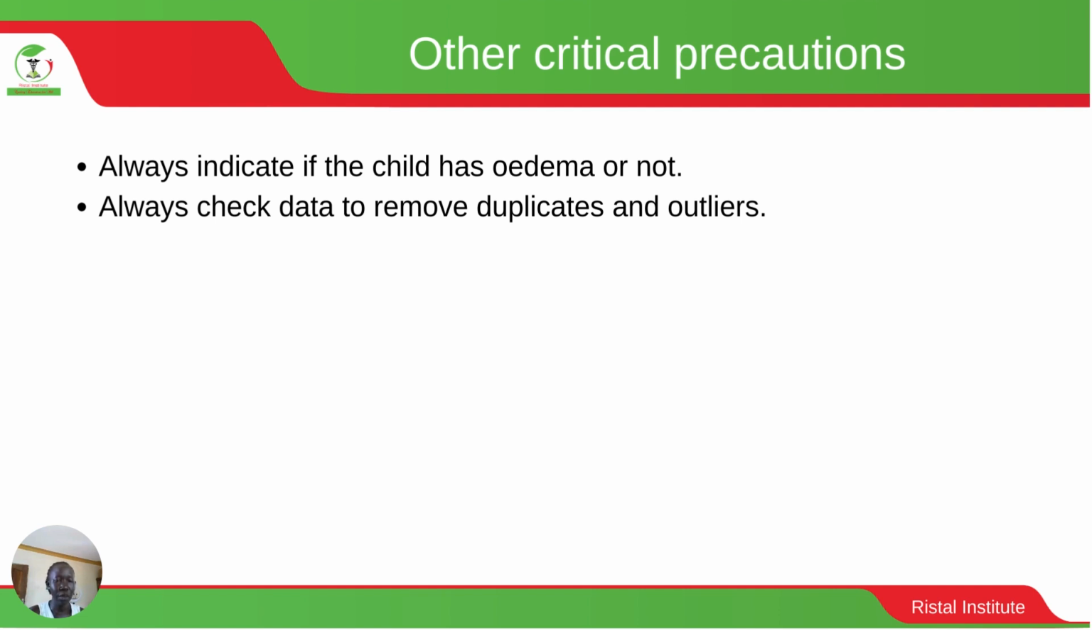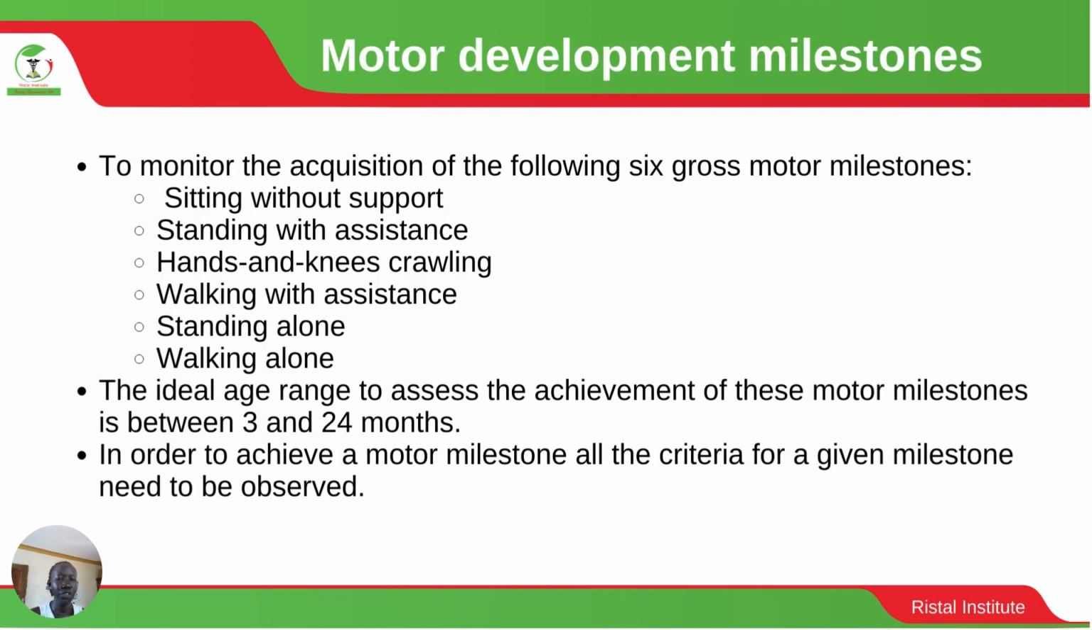A child that has edema will not give you accurate results. Always check the data to remove duplicates and outliers. The motor development milestones. In order to monitor the acquisition of these following 6 gross motor milestones,